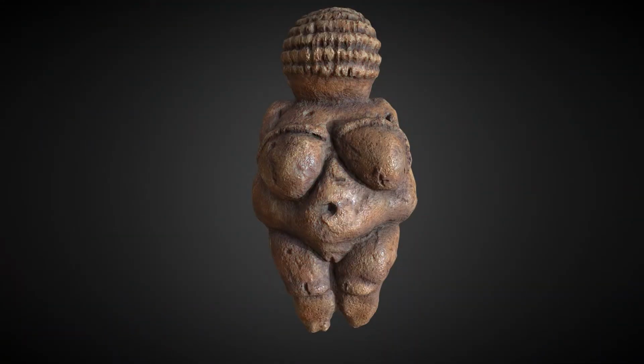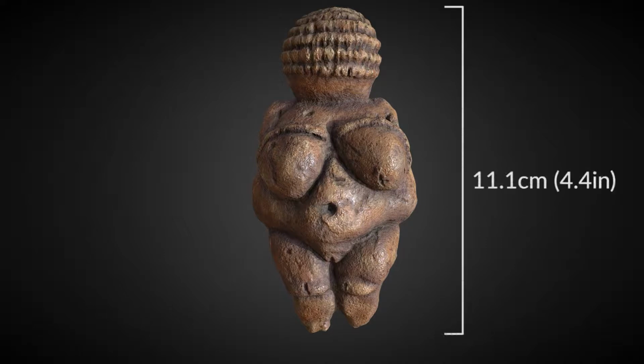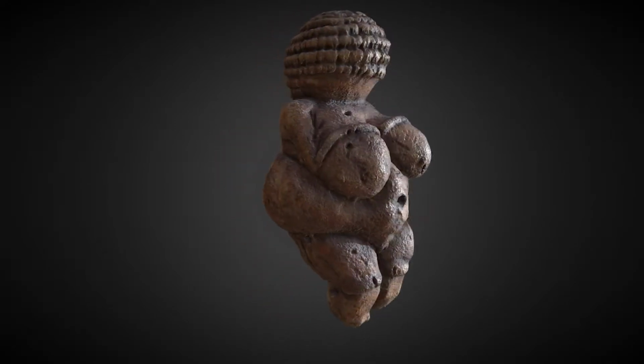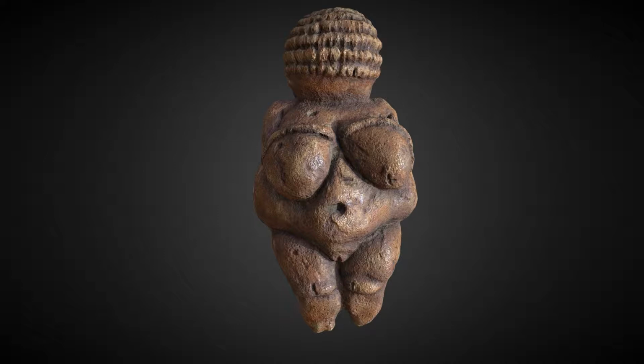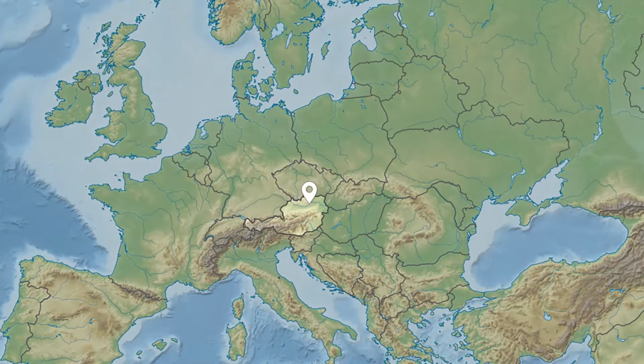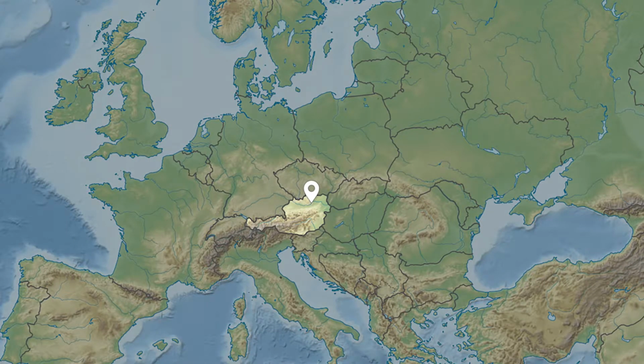The Stone Woman statue's real-life counterpart is called the Venus of Willendorf. It's an 11cm tall carved piece of Oolitic limestone. It depicts a voluptuous naked woman with her hands resting on her breasts, and what's thought to be a shell cap or plaited hair on her head. It was discovered in 1908 near the village of Willendorf in Austria, and it's about 25,000 years old, and in